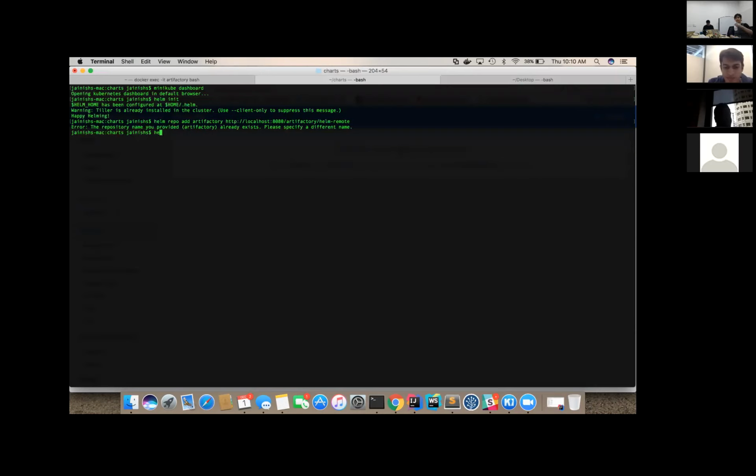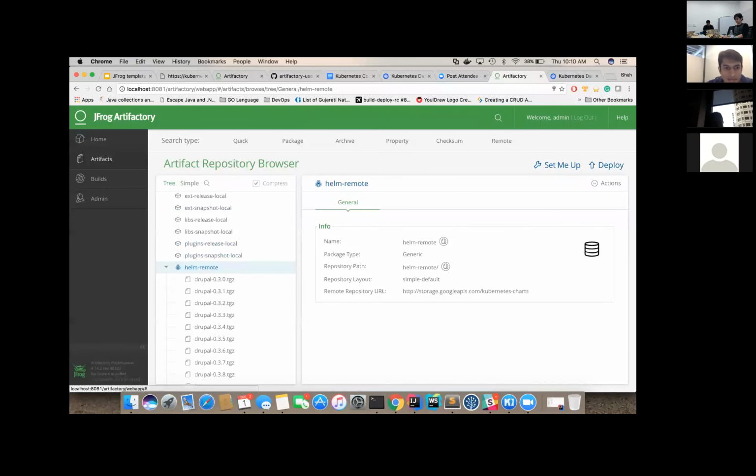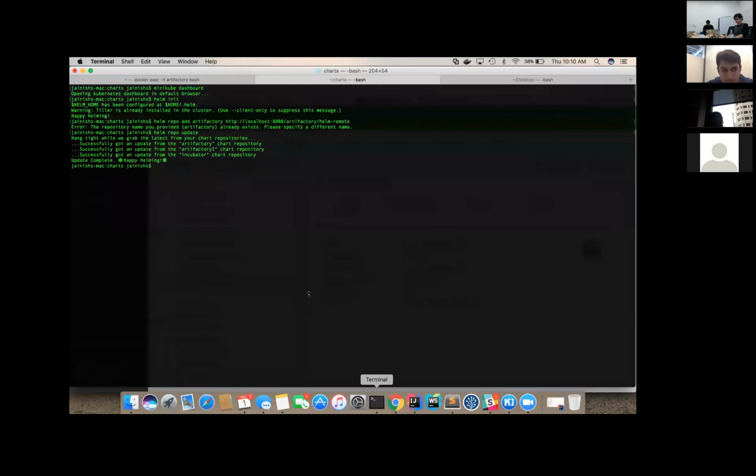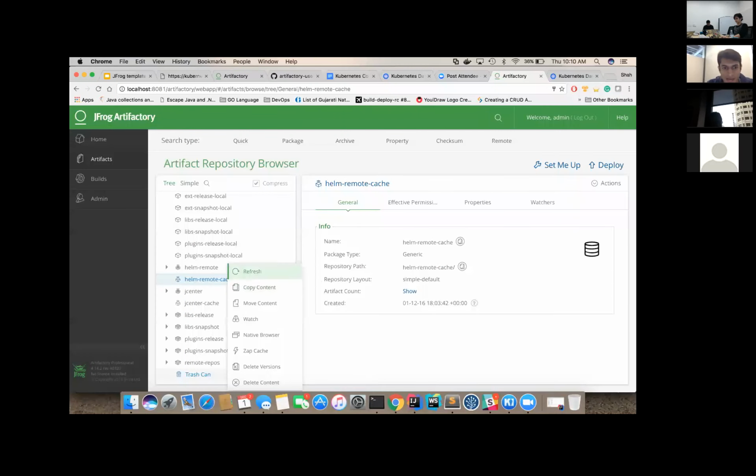Okay. Yeah, so now we have added the repo. We'll do Helm repo update. So then Artifactory, and you go back to Artifactory, then you will see that, in the Helm cache, it has the cache, the index, okay, not yet. And once we do Helm install, that's MySQL. Basically, it will fetch the MySQL from Artifactory, and you will see here that in Artifactory it has